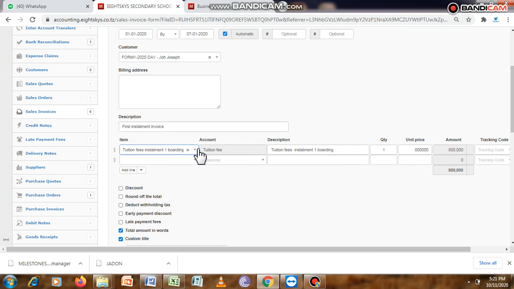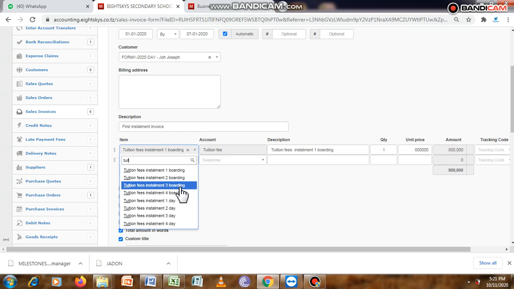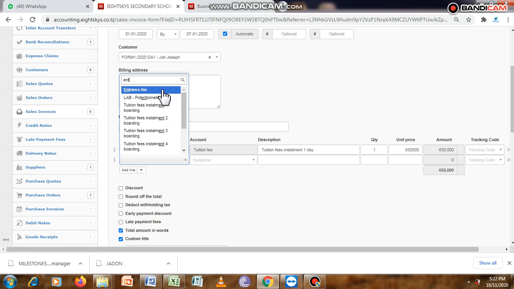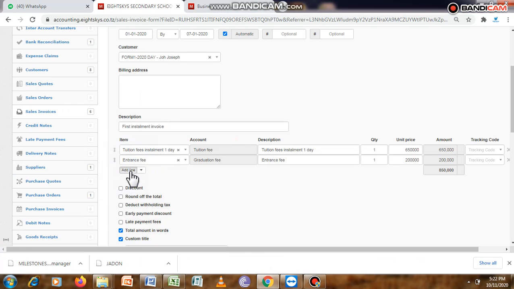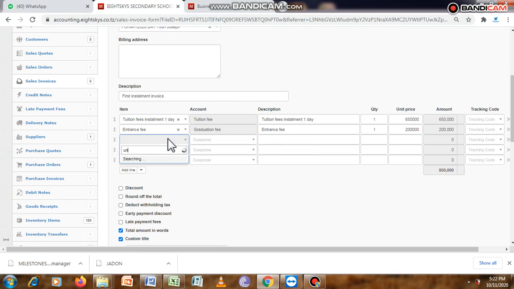First installment. No, that one is for boarding. I have to pick tuition fees, first installment for the scholars, that amount, and then entrance fees. What else do you need to pick? We have entrance fees, then uniform, we have library. So I go ahead and pick, you can simply add a line, uniforms,